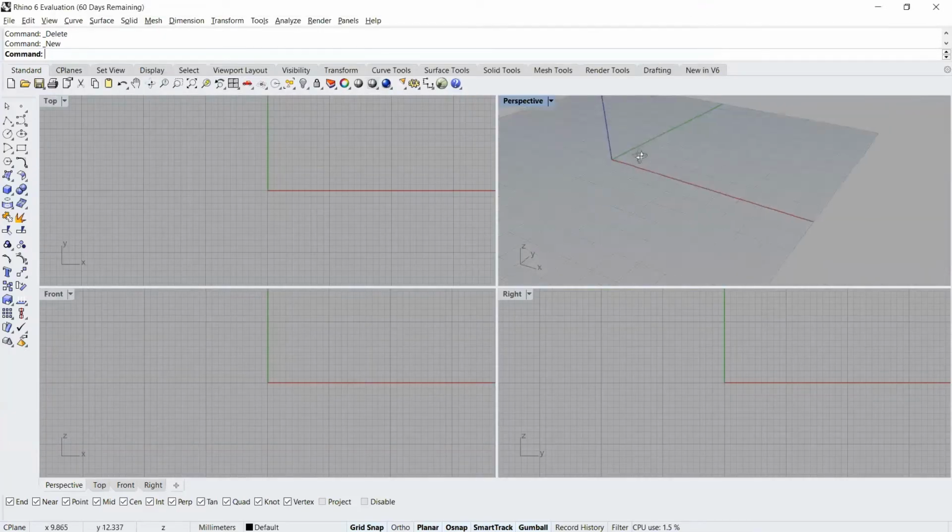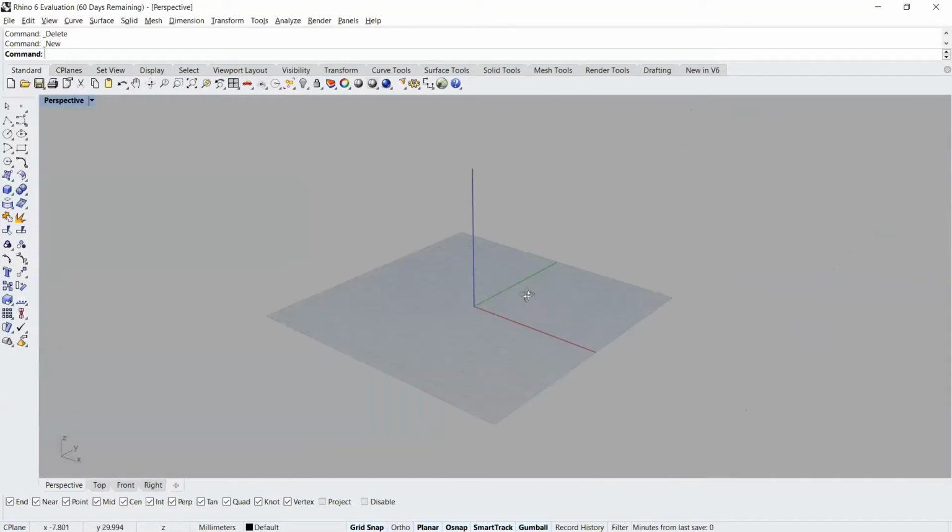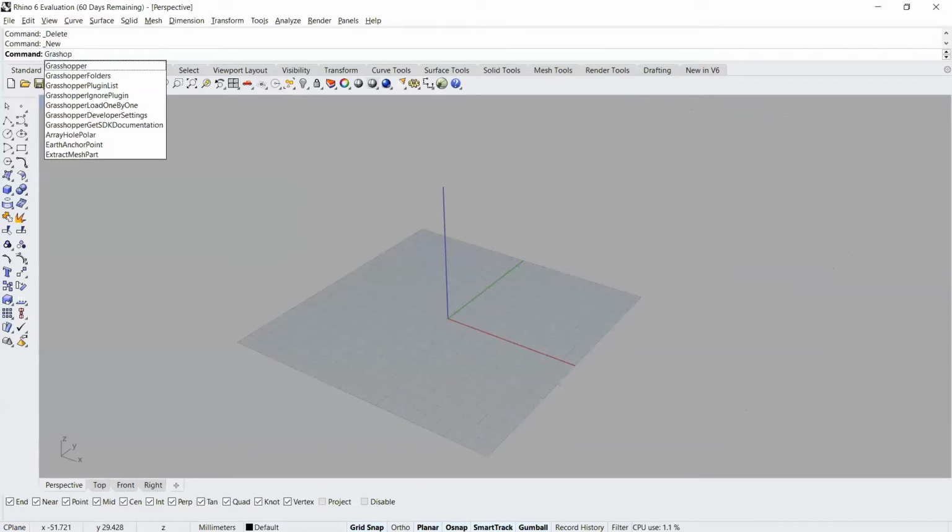You see by default, it always opens in a wireframe viewport, and I maximize the 3D modeling viewport. Now to open Grasshopper, we just write Grasshopper in the command line and select this.